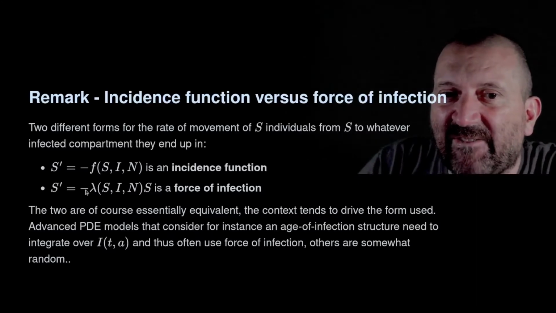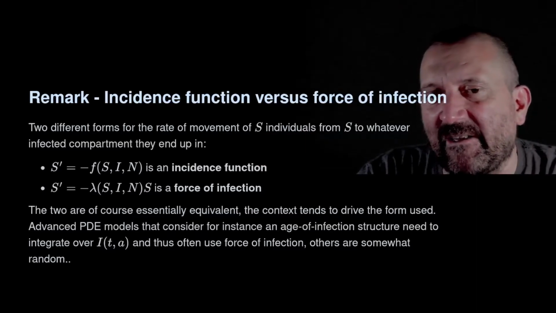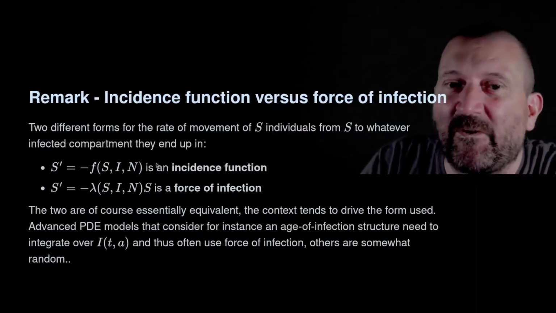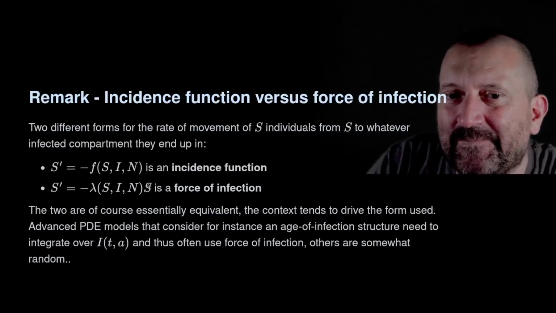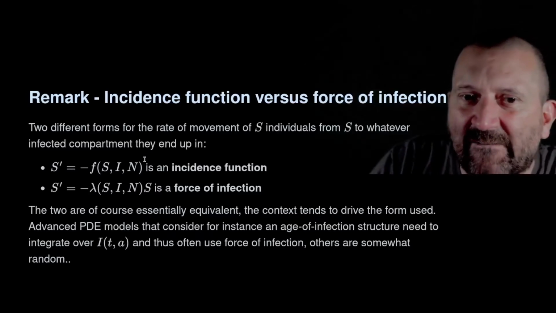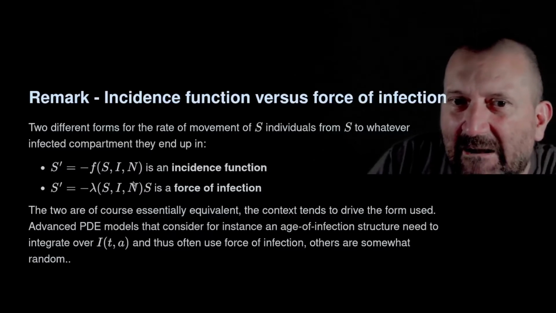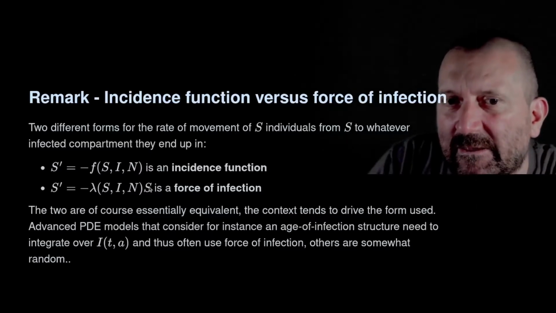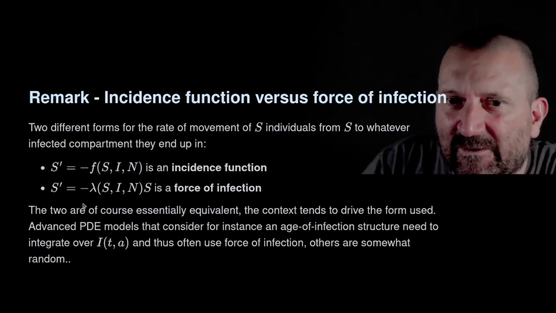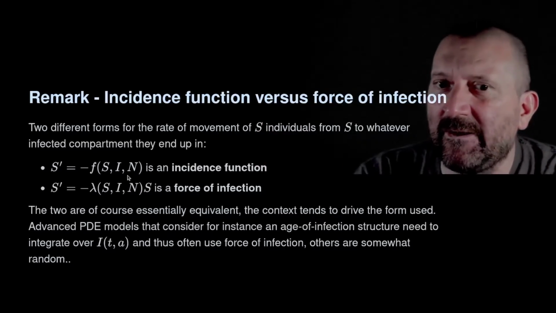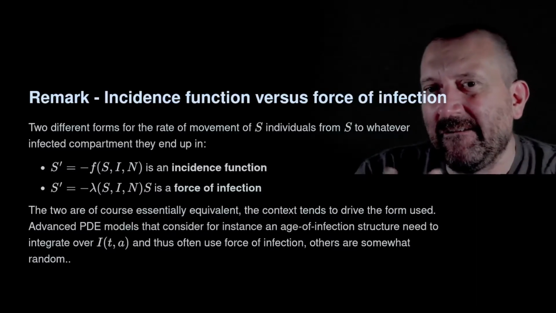Whereas if I have S prime in the form of minus lambda, lambda is typically what's used in that case, but it doesn't matter, a function of the same, but times S. Instead of having the S hidden in here, it can play a role here, but it's also outside, multiplied by this function lambda. Then lambda is what we call a force of infection. And essentially, they're used